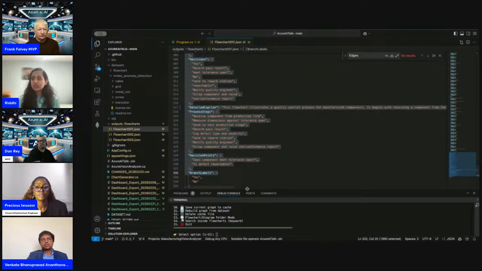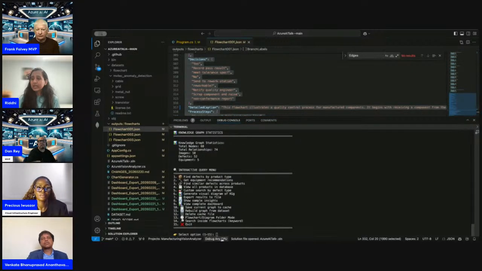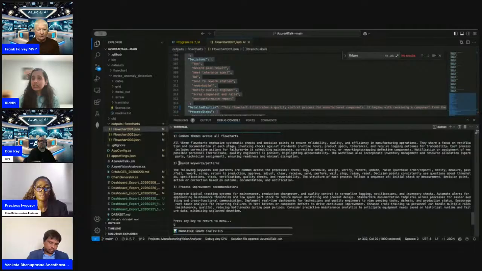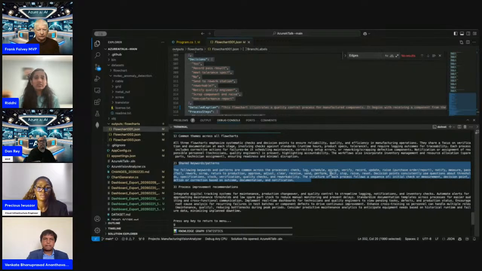I have all the keywords, for example: check, log, schedule, assign, verify, record. These are the queryable words which I can use to further know which word or sentence belongs to that flowchart.